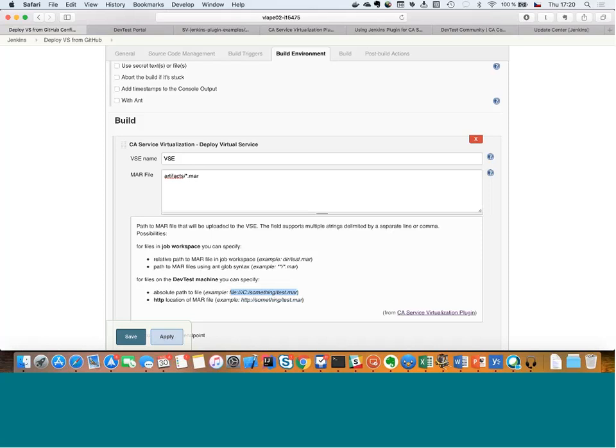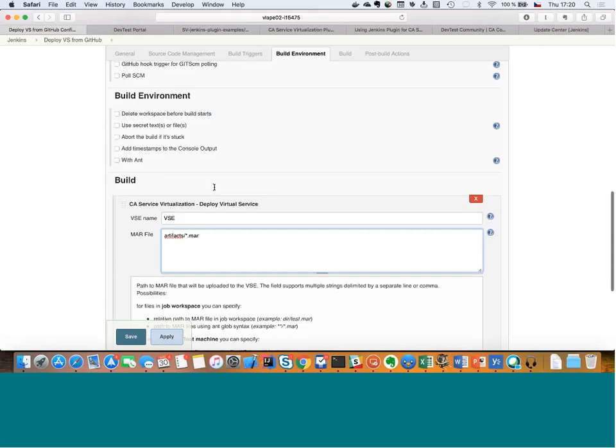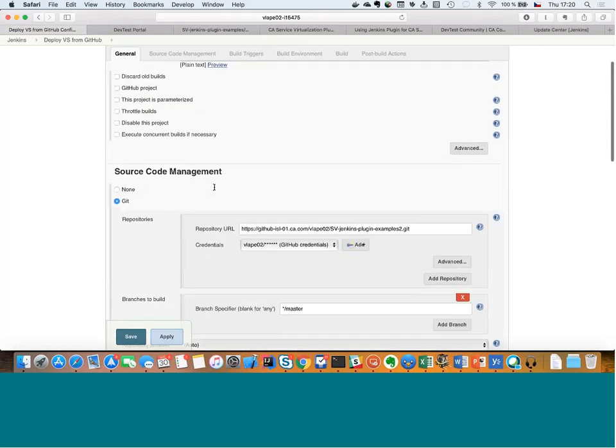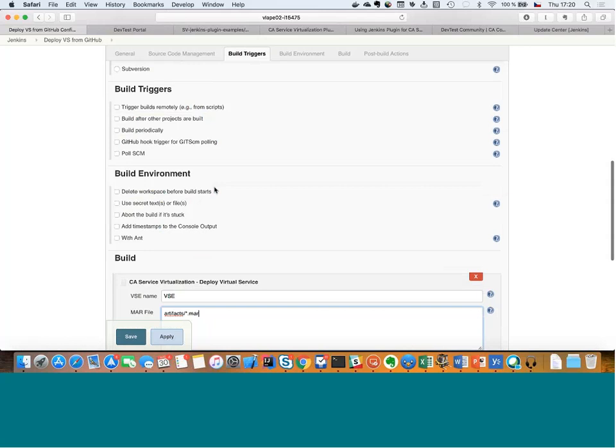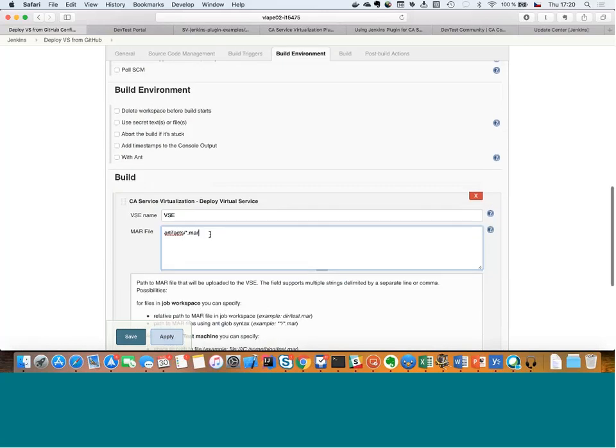So there's flexibility from where I could download or locate the MAR file, which would be deployed to the particular VSC. But I would say the most typical case would be to retrieve it from a source code repository and deploy it from there. So let me